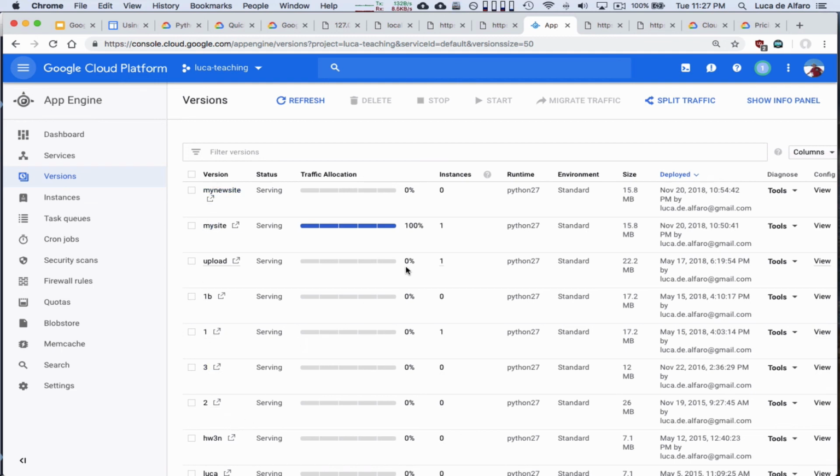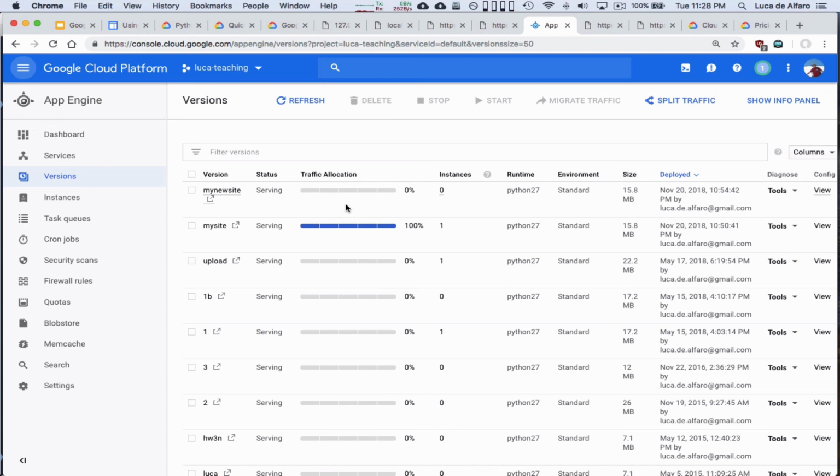And you get essentially one virtual machine free every day. So you have essentially 28 hours of uptime of an instance every day, however you decide to split them, however bursty. So I think that this is a very nice service, and for your project, if you want to host it on App Engine, I think it will be a very nice learning experience, and it really gives you one real